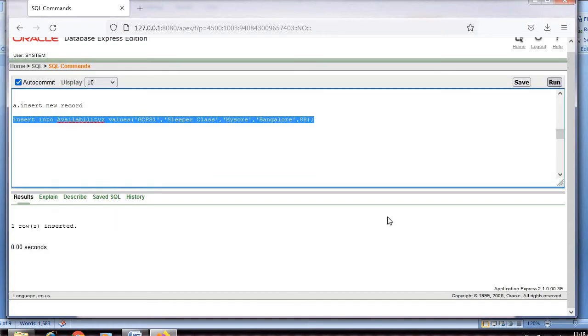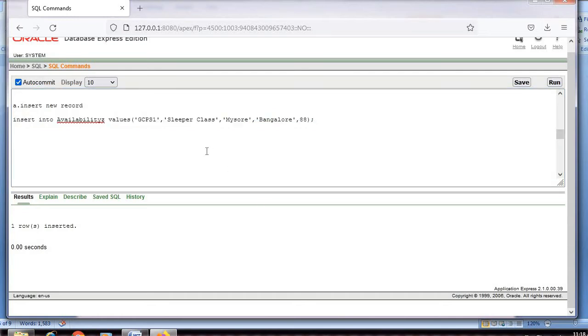Now I will run this and see. Yeah, one row is inserted. I have inserted the new row to the table availability. Now whatever changes happen, we have to check whether this works or not. So select star